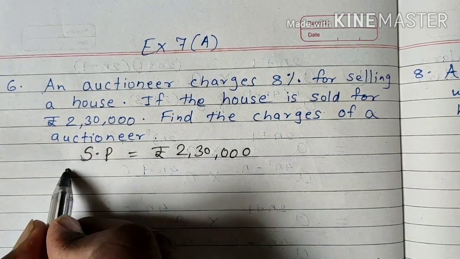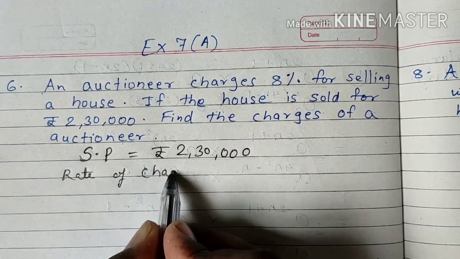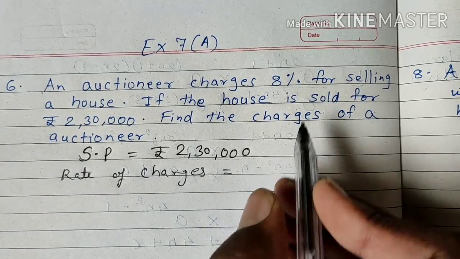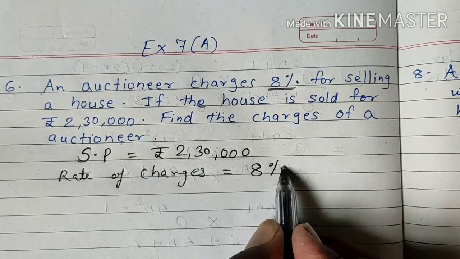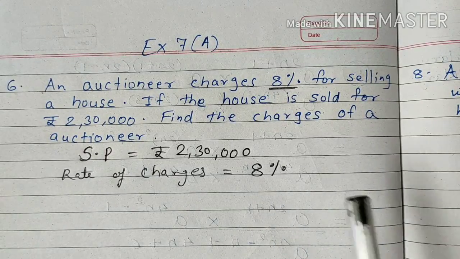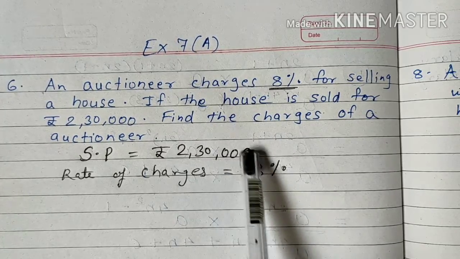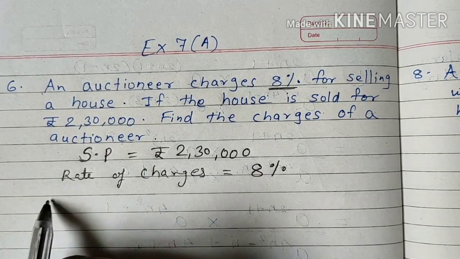In the question, rate of charges is given in the percentage, and how much percent it is? 8%. Okay, so these charges we have to pay on the selling price. Okay, so let us find out that